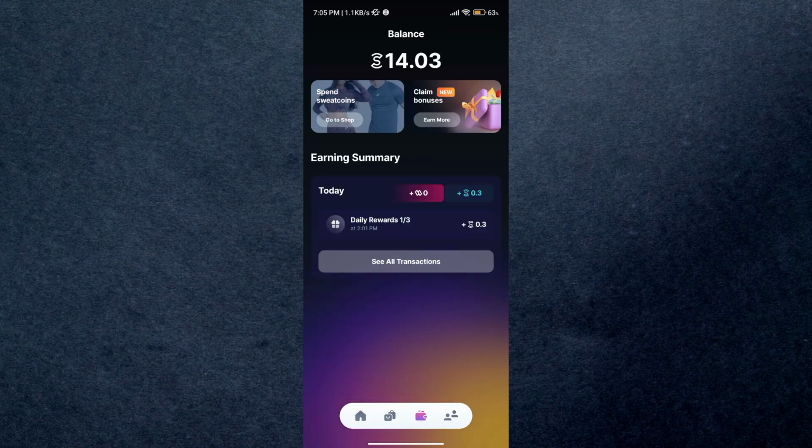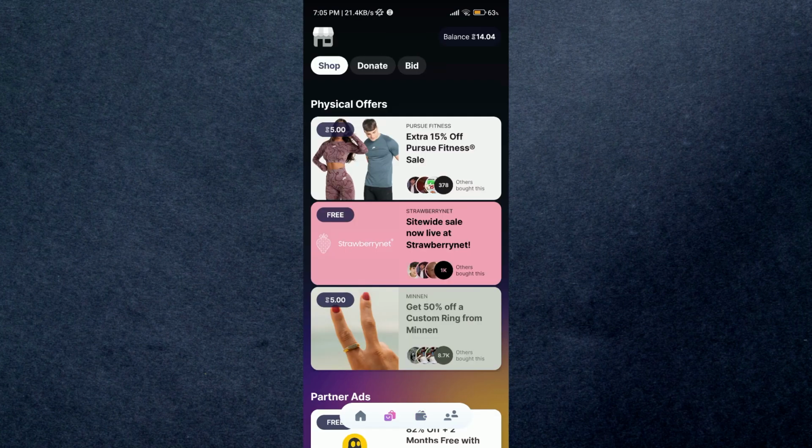What you need to do is simply tap on the balance at the top right corner, or you can just select the wallet icon present in the icons tray. After accessing the balance section of your account, tap on go to shop, and here you can spend your Sweatcoin